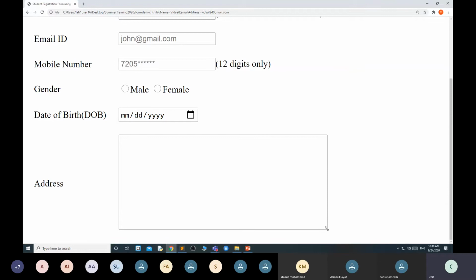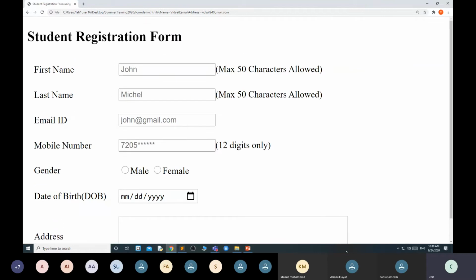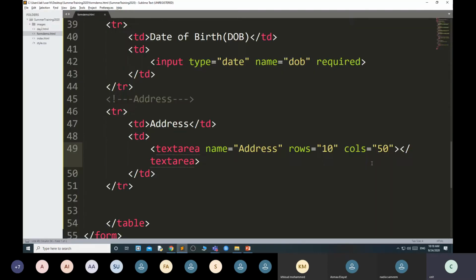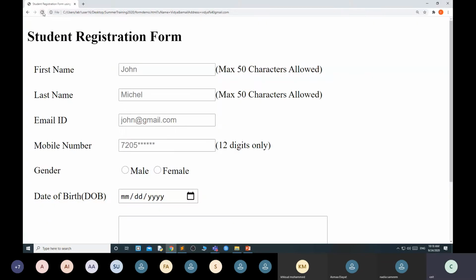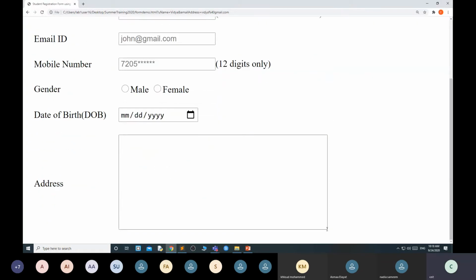If you don't want it to be resized, so the user cannot resize it, you can do it in CSS. Style, resize none. Now there is no expand button, which means you cannot resize this. This is the fixed size.